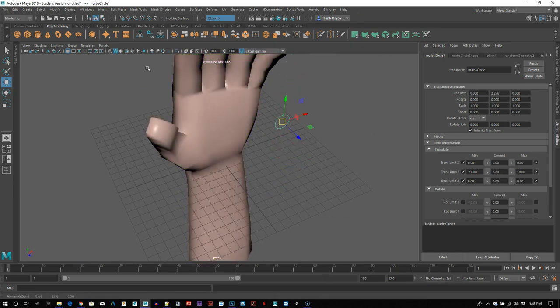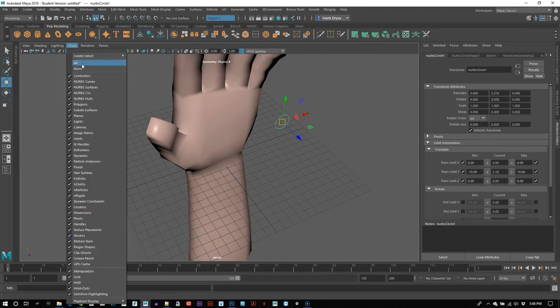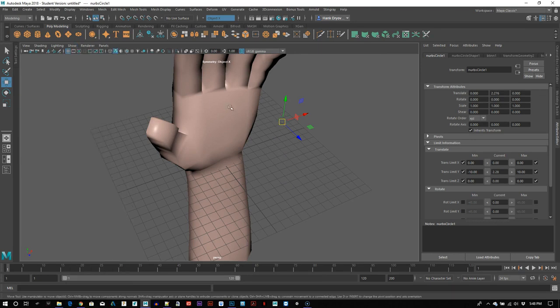And then of course, if I want to show the NURB curves so that I don't see it,